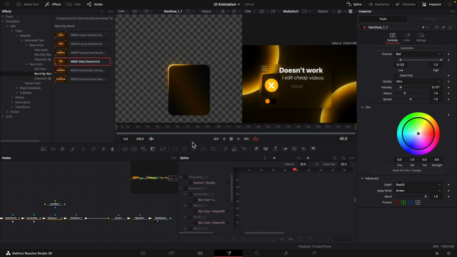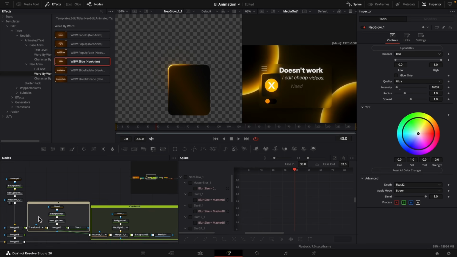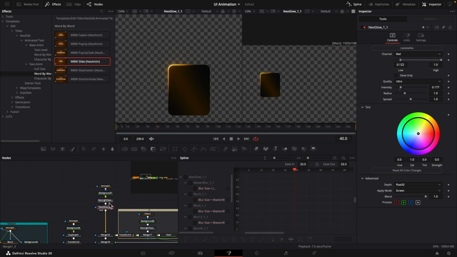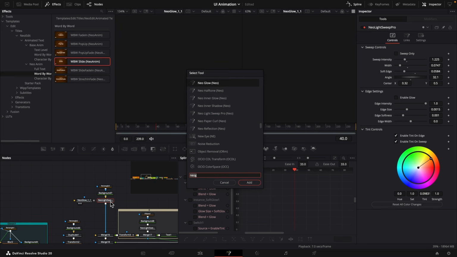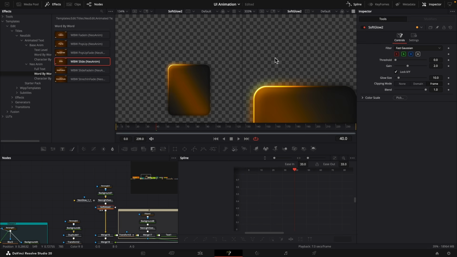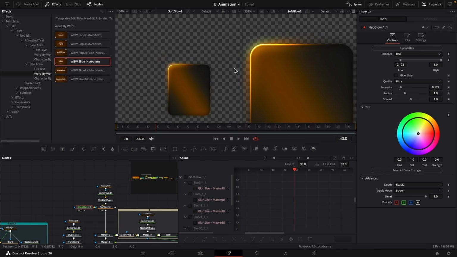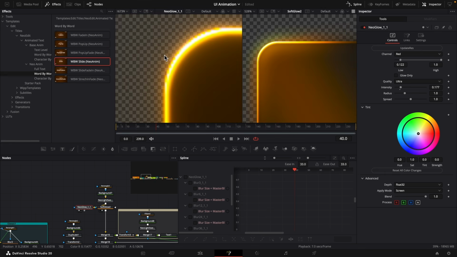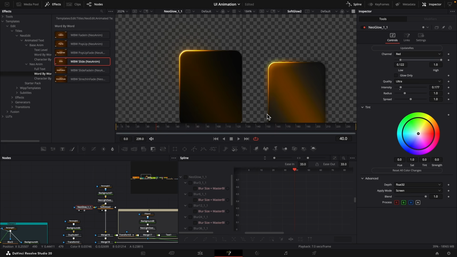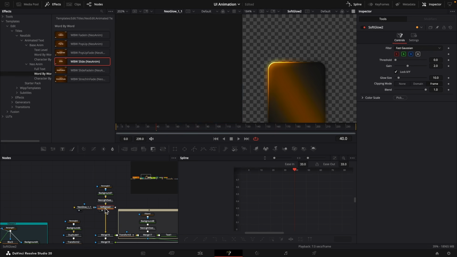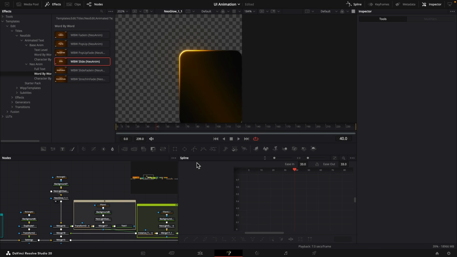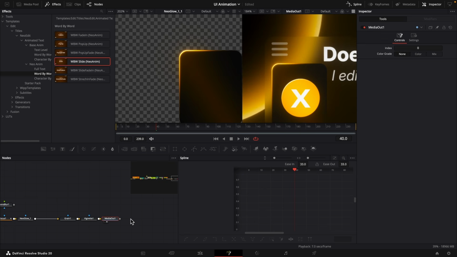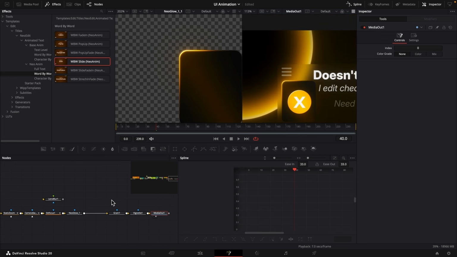Also, if you don't want to add the neo glow, you can of course just stick with the soft glow. If we just do a comparison, I can show you why I like the neo glow. So if we just remove this one here and add a soft glow like that. So this is the soft glow on the right side and this is the neo glow on the left side. So as you can see, if we zoom in, this is a lot more detailed. It looks a lot more realistic and just better overall. The only downside to the neo glow is it's a pretty render heavy effect, so it takes a lot of time to render it. But honestly, I feel like we are pretty much done with the animation now,